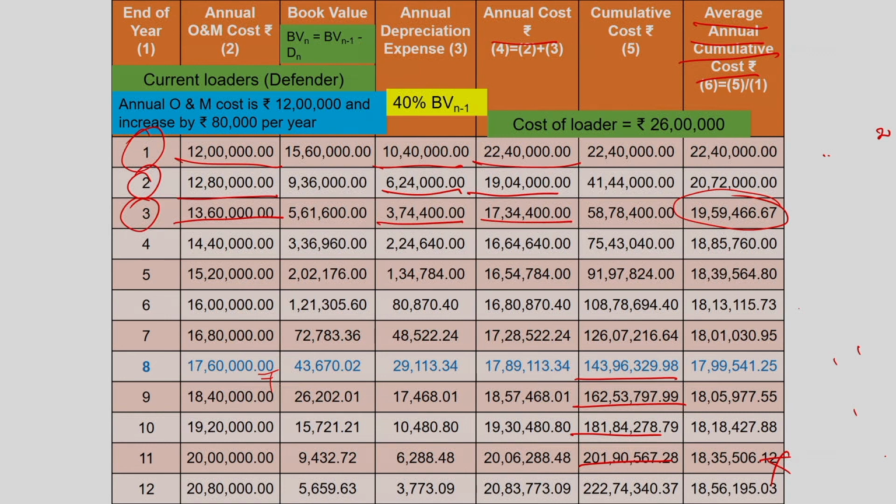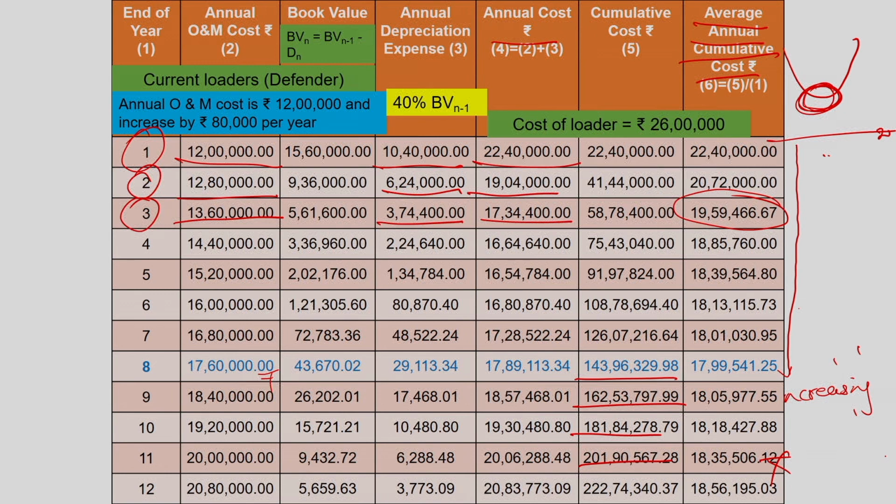That is why we are calculating on the cumulative basis, so that we can get the cumulative picture. Now you can see that initially the cost is high, but after that it keeps reducing, it reaches a minimum point, and after that it starts increasing. So, it forms a trend like a parabola. The duration at which the cost is minimum, that is the economic life of the machine. That is what we discussed in the last class.